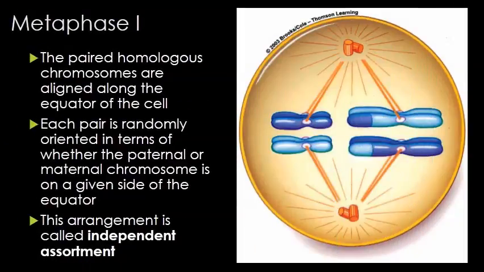In metaphase 1, the paired homologous chromosomes are aligned along the equator of the cell with one chromosome of a pair on one side, say the mother's one, and one chromosome of a pair on the other, say your father's. Each pair is randomly oriented in terms of whether the paternal or the maternal chromosome is on the given side of the equator. This arrangement is called independent assortment and causes daughter cells to have DNA that is different from the original parent cell. So independent assortment, I should say, is one of the major sources of variation in sexual